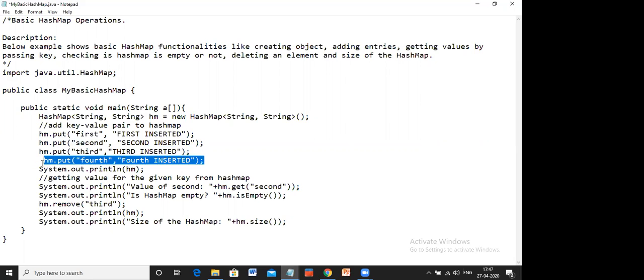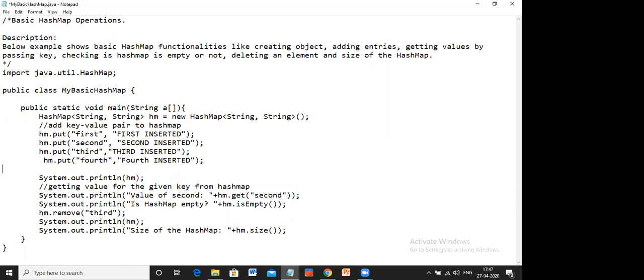If I do something like this, this will generate an error, because being a generic type, it says the key has to be String as well as the value has to be String. You cannot put an integer. Getting this?